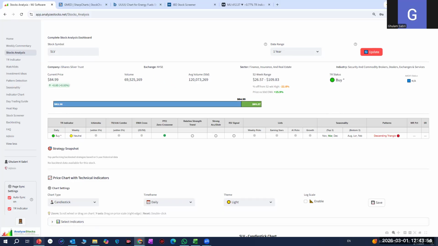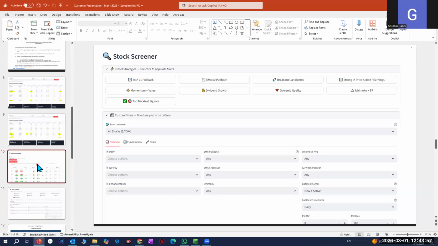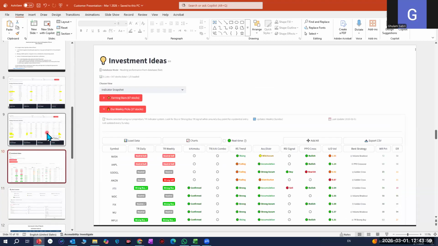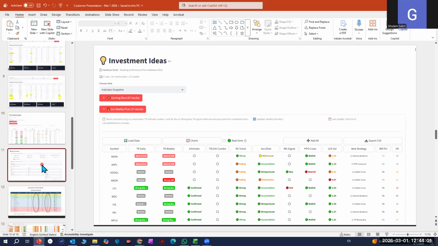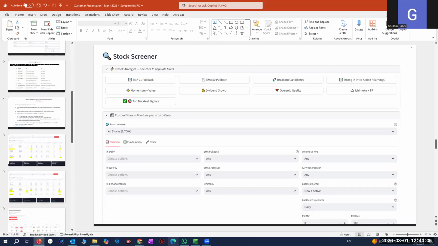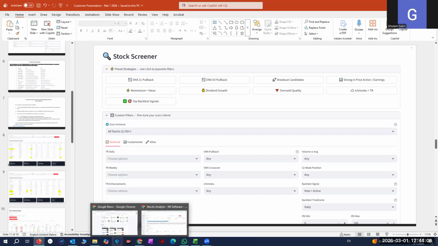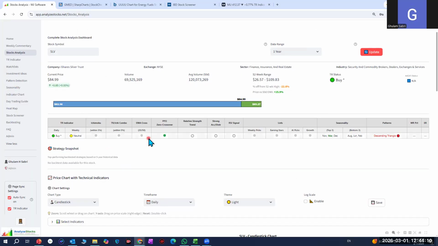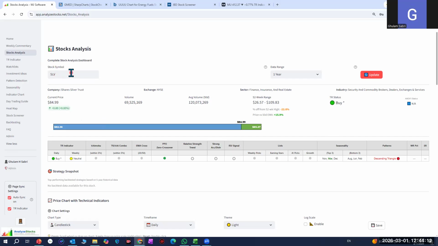So going back to our presentation, I gave you an example of NVIDIA, how we choose from investment ideas. I mentioned the stock screener. I hope that gives you an idea how useful this tool could be. You have to spend some time on this. For any stock, we mentioned